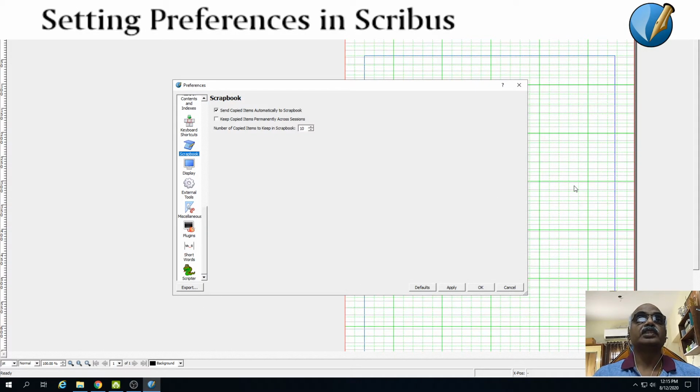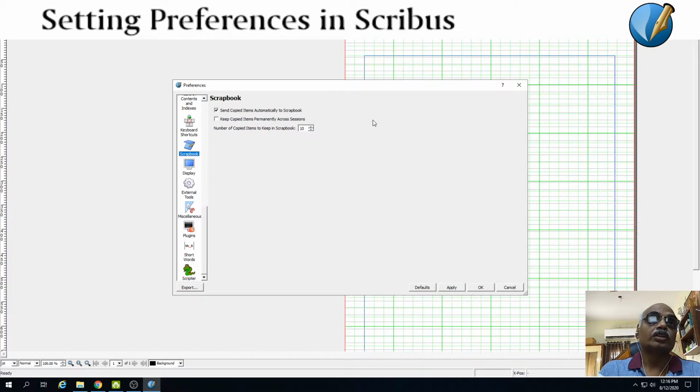Then this is another feature called the scrapbook. Last time I gave you a small introduction about the scrapbook. This is actually a place where commonly and repeatedly accessed images and resources are held. If you click this box, it will send all the copied items to the scrapbook. When it is in the scrapbook, you need not constantly go in search of the resources on your desktop. All you have to do is open the scrapbook and the resources will be held there. You can always get those resources from the scrapbook.